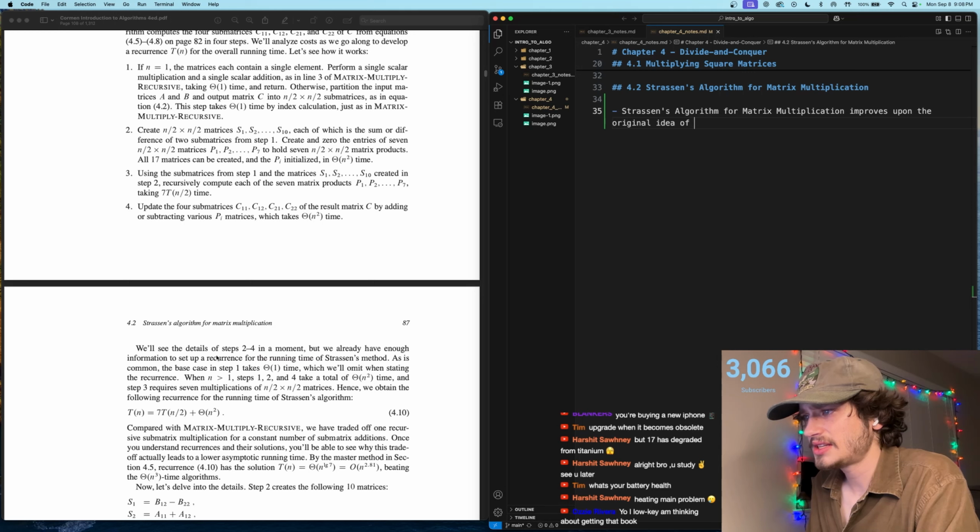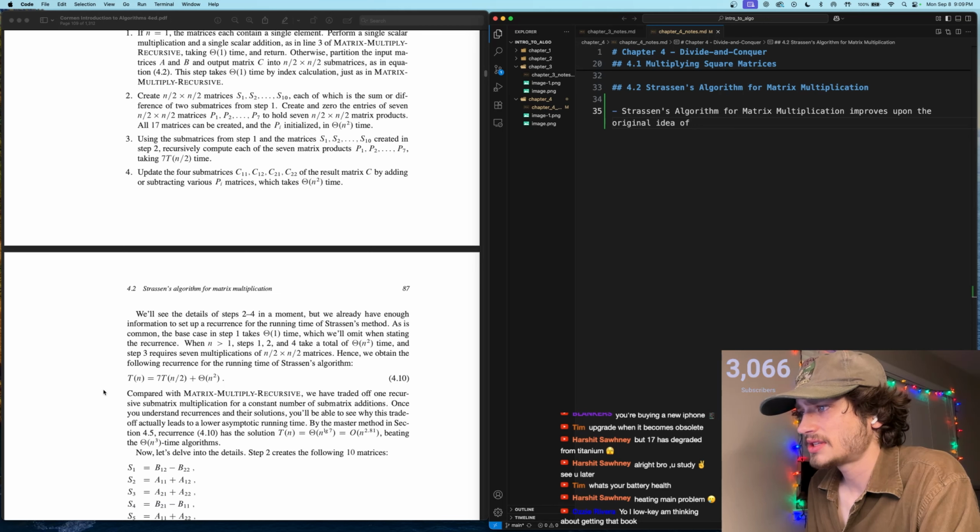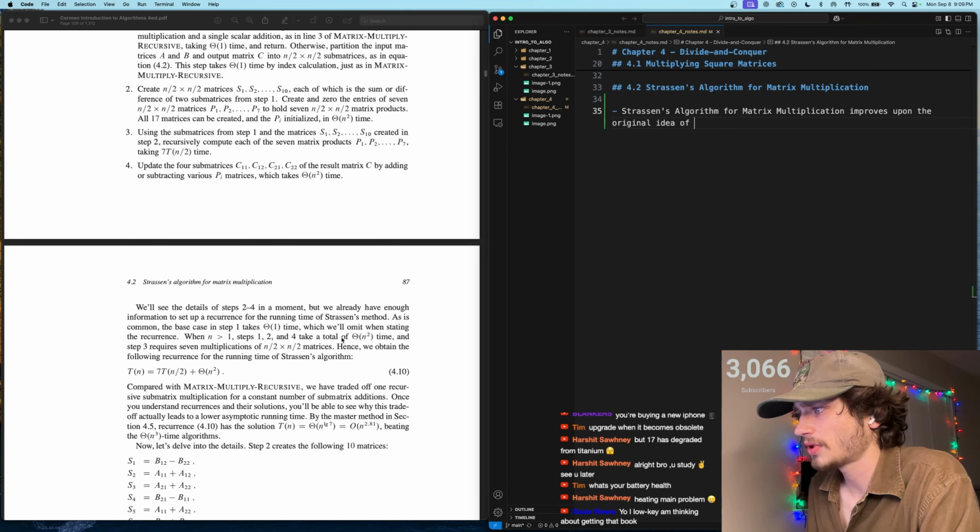We'll see the details of steps 2 through 4 in a moment, but we already have enough information to set up a recurrence for the running time of Strassen's method. As is common, the base case in step 1 takes theta 1 time, which we'll omit when stating the recurrence. When n is greater than 1, steps 1, 2, and 4 take a total of theta n squared time, and step 3 requires 7 multiplications of n over 2 by n over 2 matrices. Hence, we obtain the following recurrence for the running time of Strassen's algorithm: T of n equals 7 times T of n over 2 plus